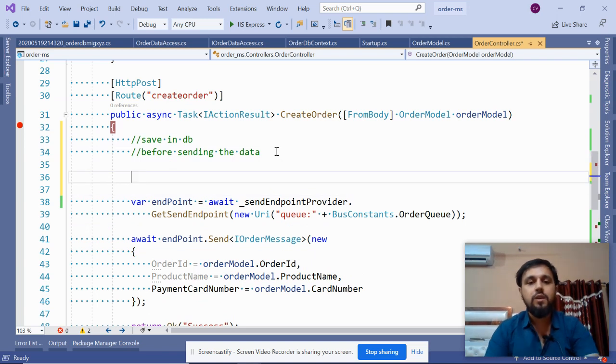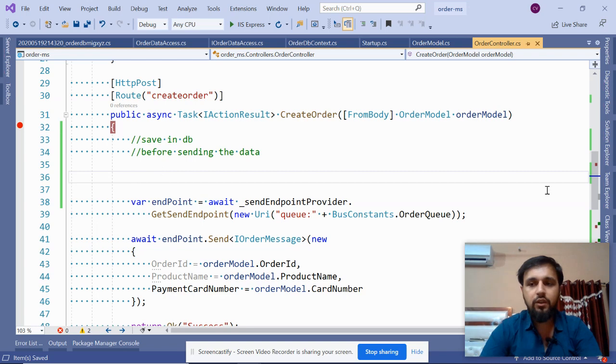In real life, when any customer sends the order request, at first we save it in the order microservice DB, and then generate some token or GUID, a unique ID, which will be used during the complete transaction, and we can get the state of that particular transaction, what exactly is happening with it. So that's why we first save into the database.